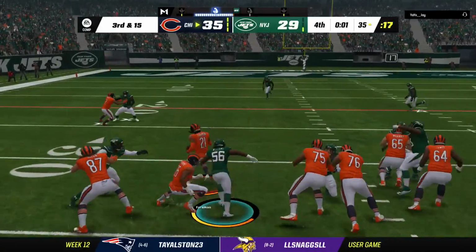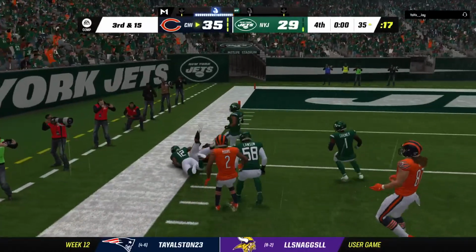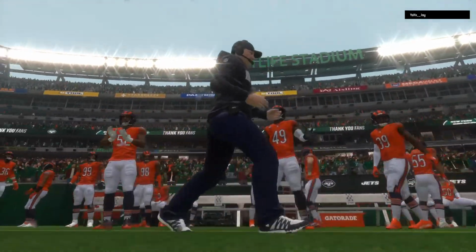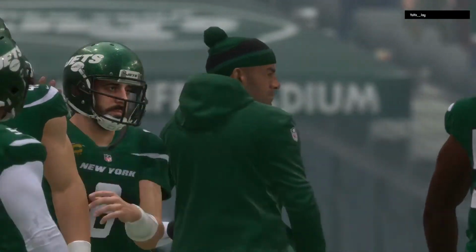A carry for Foreman. And some room to work. And he gets this one inside the 15, just a yard or two shy of the 10. So this one is in the win column for the Chicago Bears. And we talked so much about the turnover battle determining who